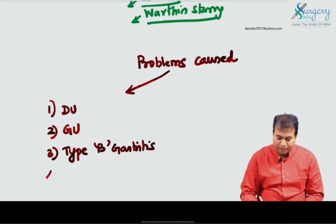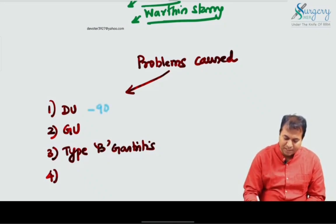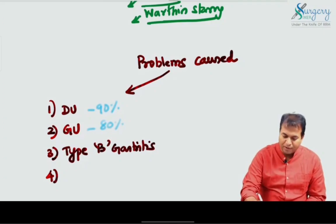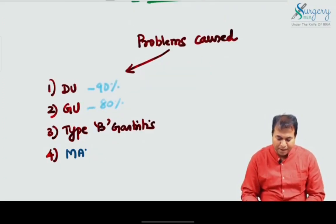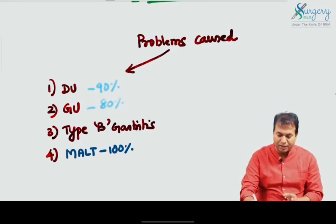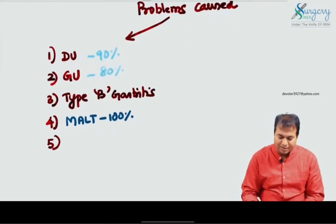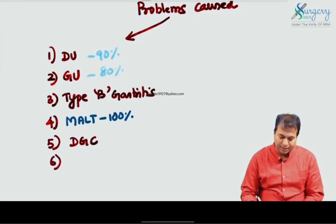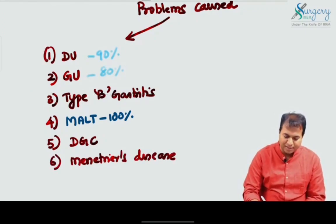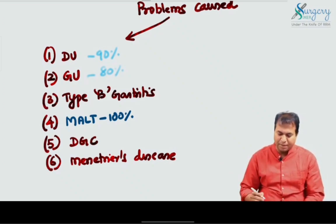Duodenal ulcer is seen in 90% of patients positive for H. pylori. Gastric ulcer is 80% positive. Okay, and MALToma is 100% positive for H. pylori. So when you find a MALToma, it is 100% associated with H. pylori, please don't forget it. And distal gastric cancer, and Menetrier disease. So duodenal ulcer, gastric ulcer, type B gastritis, MALToma, distal gastric cancer, Menetrier disease are the problems caused